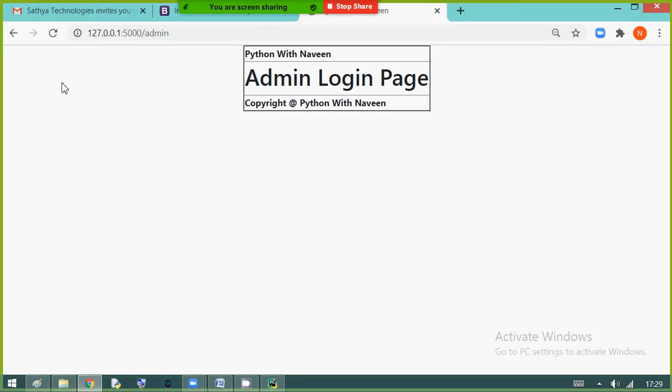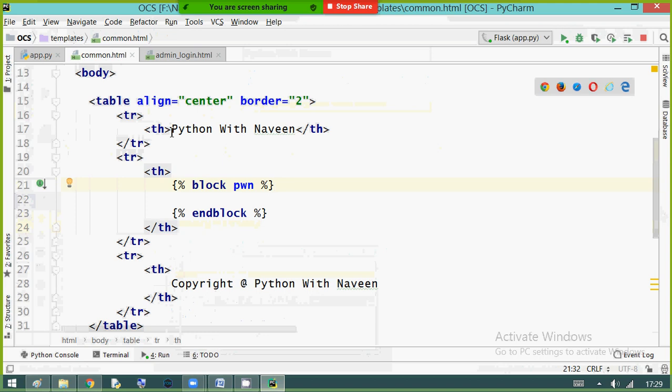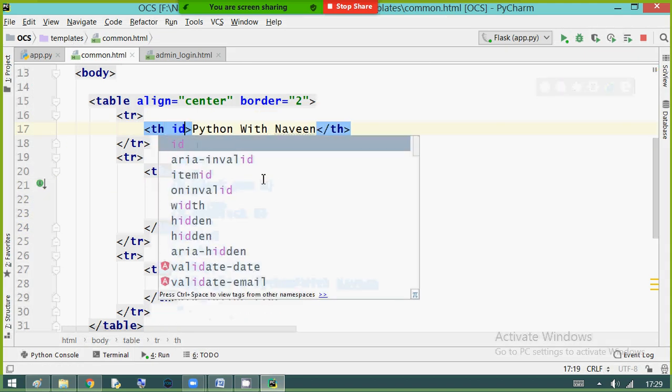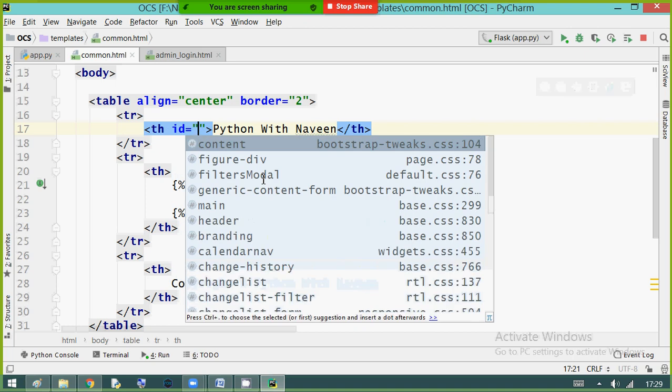Yes, hope you understood. Right, now I am going to do some basic design for my common heading. I am giving one ID to the h1, so that I can write the CSS code. ID will be unique, so I'm naming the ID as title.